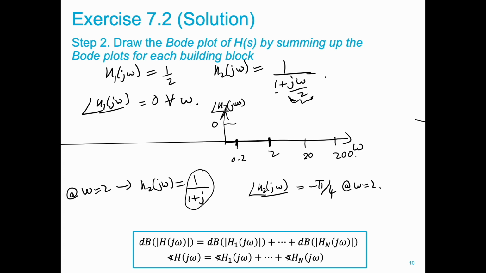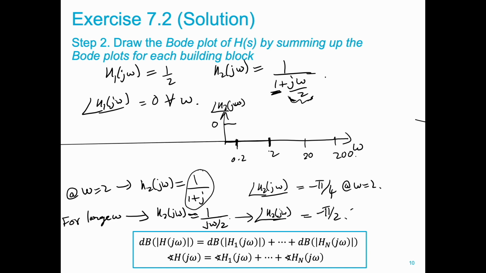Now what happens at high frequency? So for large ω, H2(jω) is approximately equal to 1 over jω over 2, right? Because I can ignore the 1 over here, right? And the phase of H2(jω) under such a case is going to be minus π over 2, right? For large ω, okay? So I'm going to have minus π over 2 over here,